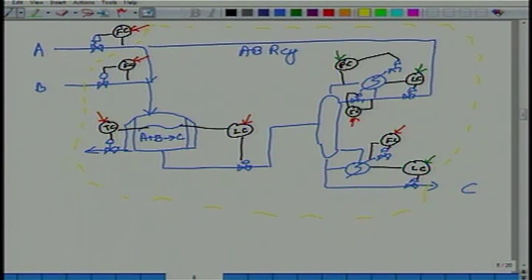now this goes back to material and energy balances, okay. If you look at the overall plant boundary, if you want to take out only pure C, or let us say 99.9% pure C, what that means is, if you are putting in 1 mole of A, you have to essentially put in 1 mole of B. If you are not putting in exactly 1 mole of B, then either there is an excess of B being put in or an excess of A. Since you cannot let that drop out the bottoms, that excess is bound to build up in the recycle loop. Does that make sense to you or not?